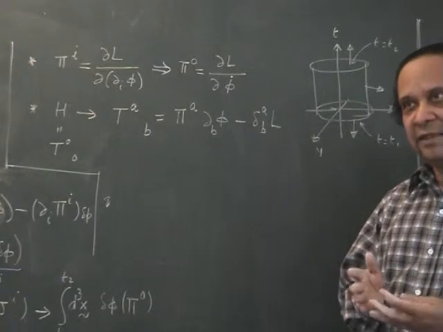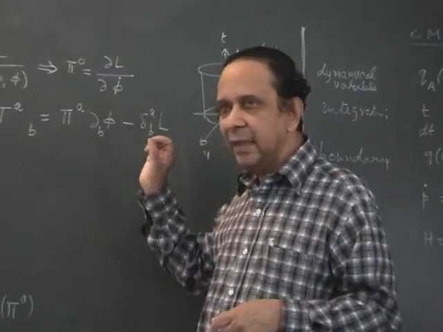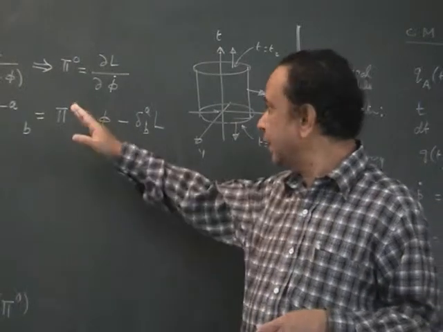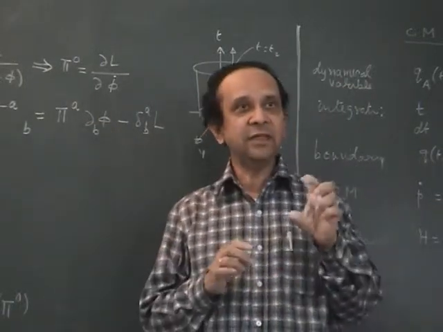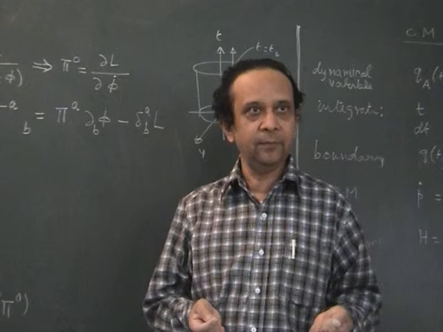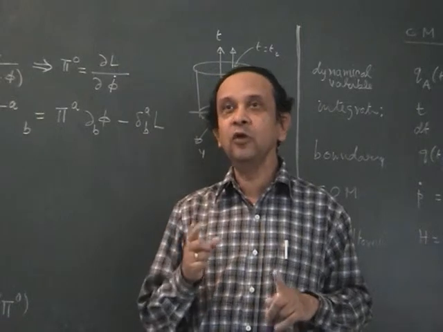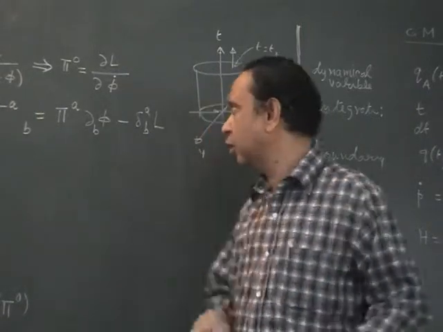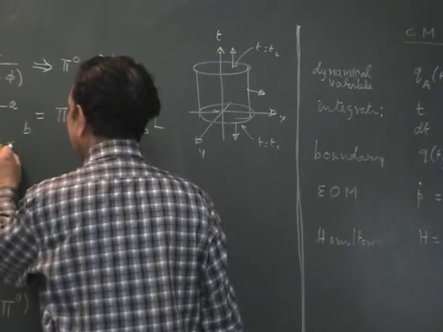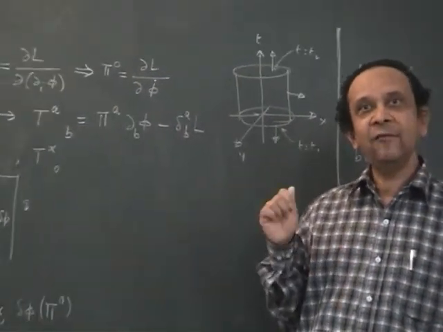And later on when we are looking at a system, for example, if you do the same thing for electromagnetism, in electromagnetism we have to do a little bit more gimmicks, but that we will do when we come to that. Once you do that, you get a TAB, and that TAB will have a T00 component which will turn out to be E square plus B square over 8 pi, which is the energy density, or with some epsilon naught if you are MKS guys. Okay, and then if you look at the T alpha 0 component,